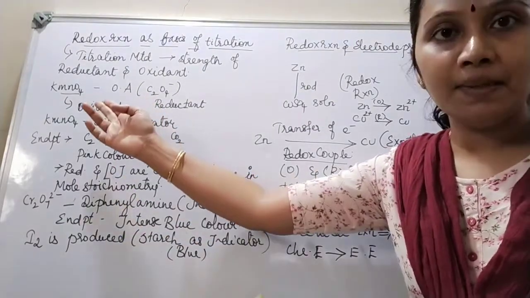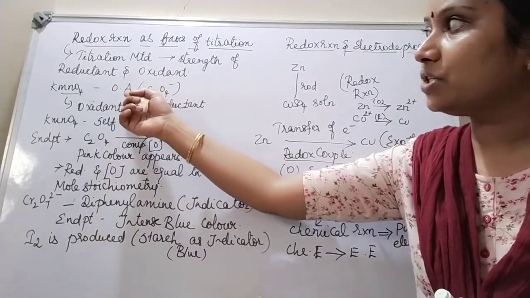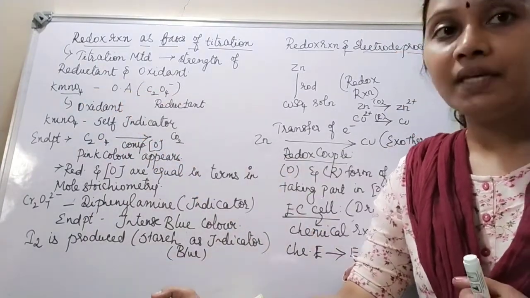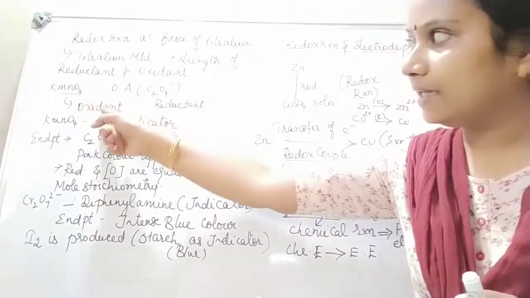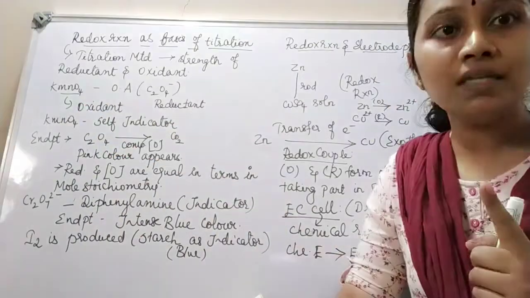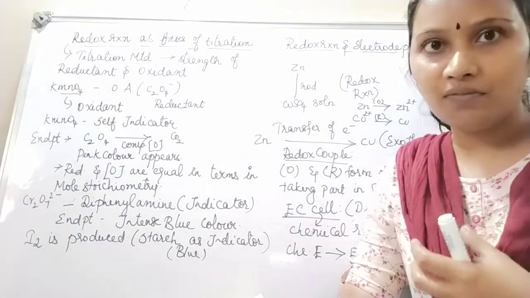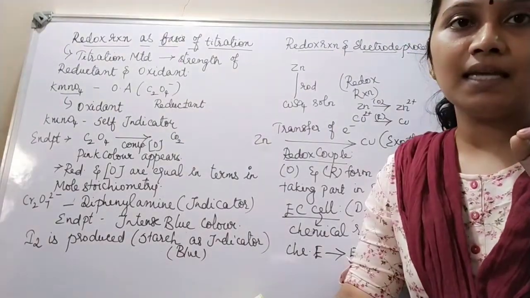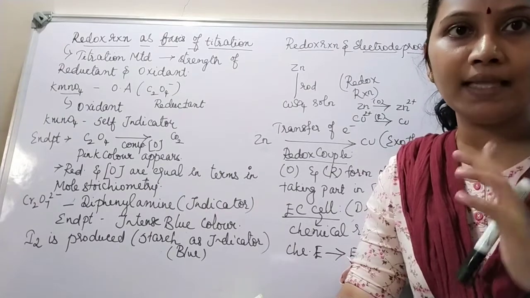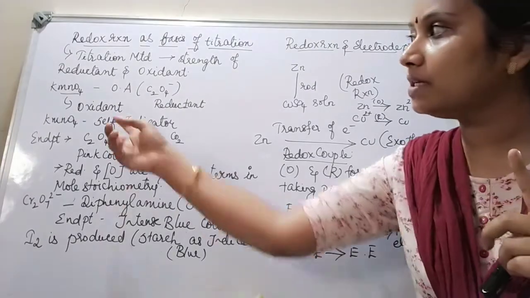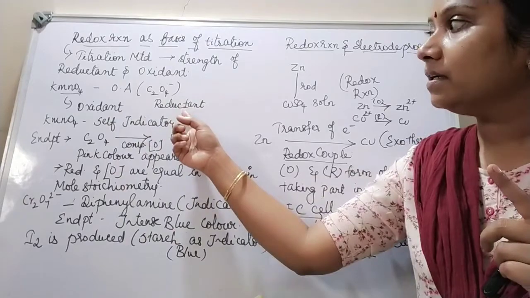Say for example, the titration of potassium permanganate against oxalic acid. Here, potassium permanganate is acting as an oxidant, which will be taken in the burette, and oxalic acid will be taken in the conical flask. So there is a reaction between KMnO4 and the oxalic acid, where KMnO4 is an oxidant here and